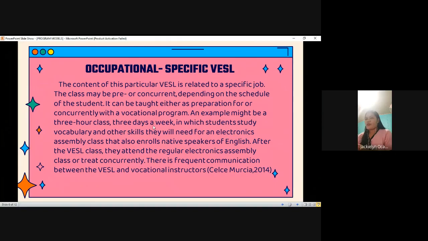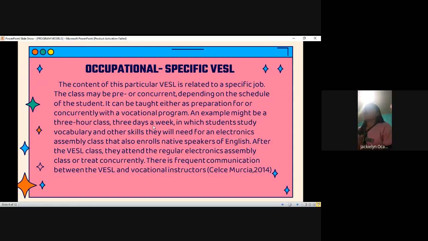An example might be a 3-hour class, 3 days a week, in which students study vocabulary and other skills they will need for an electronics assembly class that also enrolls native speakers of English. After the VESL class, they attend the regular electronic assembly class or take it concurrently. There is frequent communication between the VESL and vocational instruction.